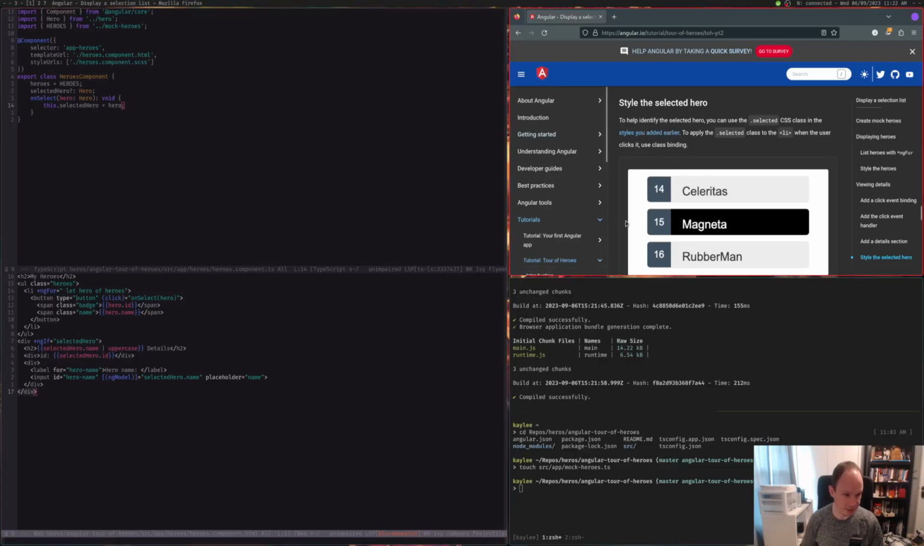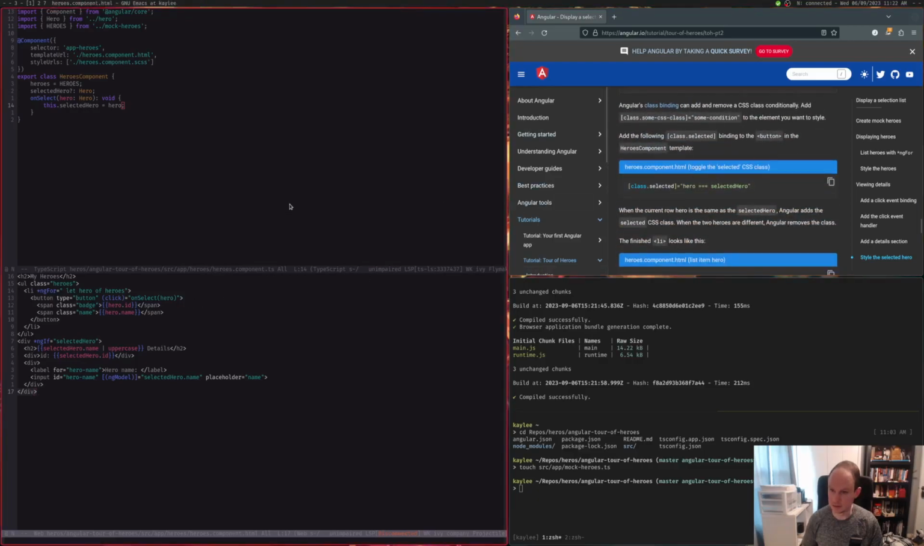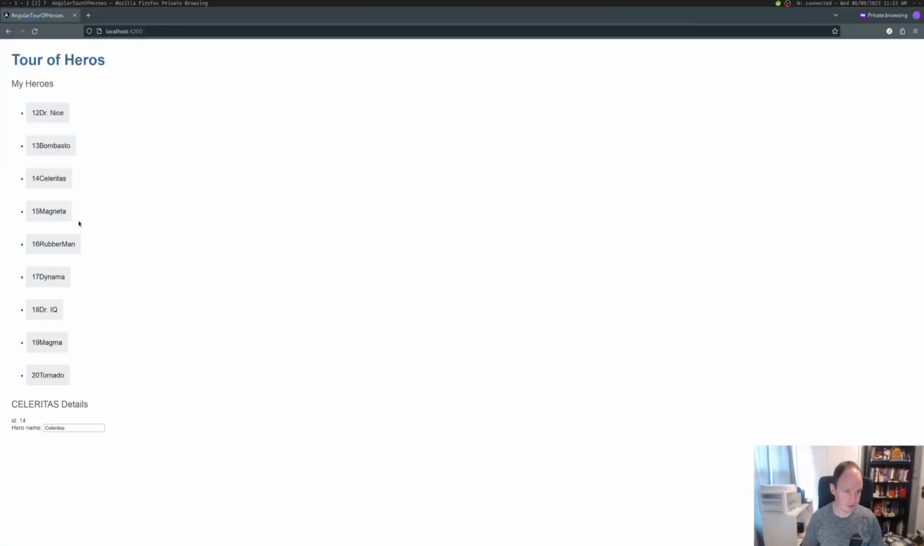Now we can add the... Oh. I like this. Class bindings. Vue doesn't have that nice of a syntax for updating CSS classes. So that's a fun little addition. So now we can see